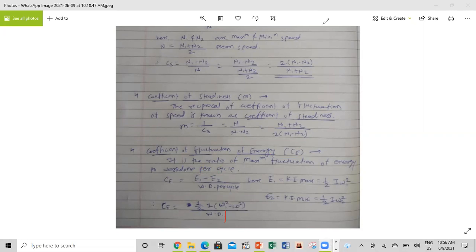These are simple terms regarding the flywheel. So the flywheel is completed. In the next lecture we will continue. The second part is governor. Okay, so you got it, students. In the previous two lectures and today's lecture we have completed this topic, flywheel. Okay, any doubt? If any doubt, ask me.